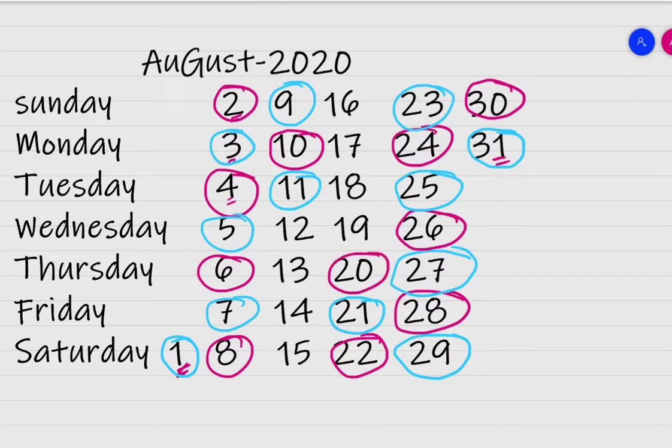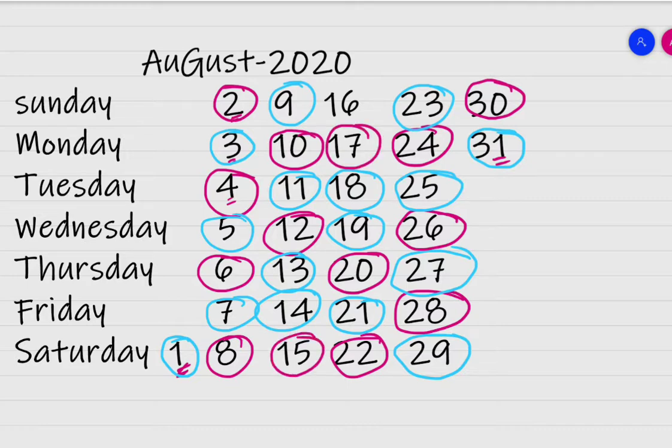Simply see, 20 and 12 makes 32. 19 and 13 makes 32. Again you can see 18 and 14 makes 32, and 17 and 15 makes 32, and only your 16 is